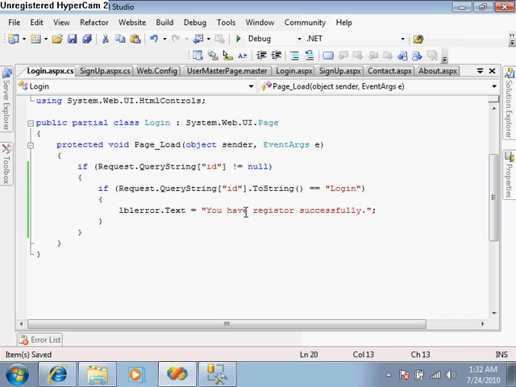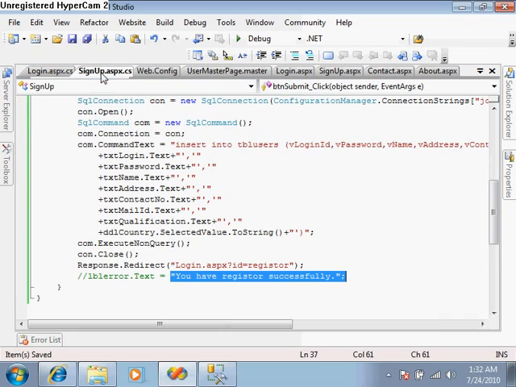Fine. Now how this will work: whenever your registration is completed, you will be redirected to the login.aspx page,